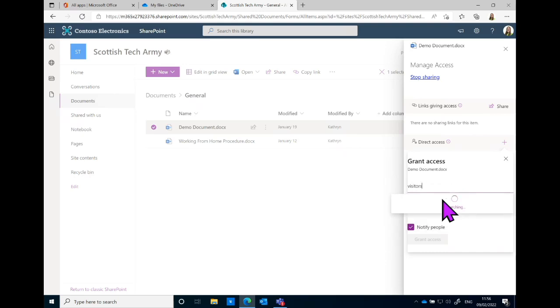I'm going to see if I can get the visitors option back up. Let me see. Type that in. So we have Scottish Tech Army. I could add absolutely everybody to this. There we go. And if I search for Scottish Tech Army visitors, so that would be any externals or guests that we have inside of the team,